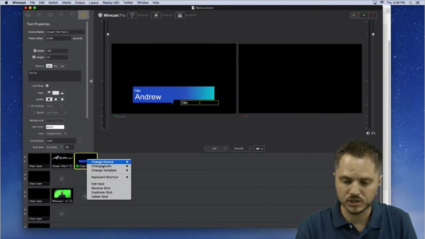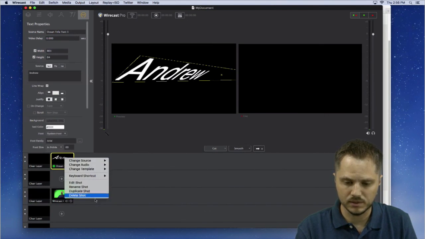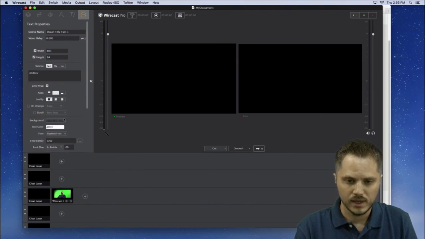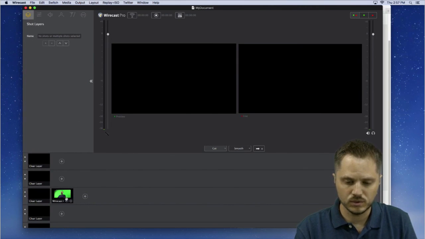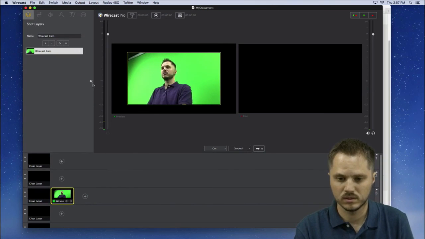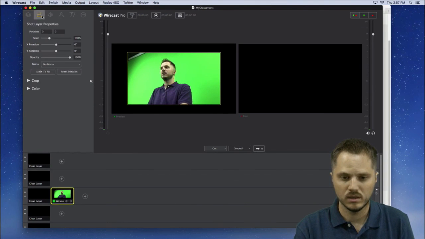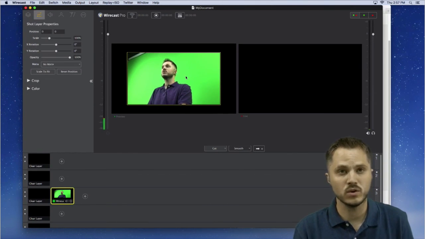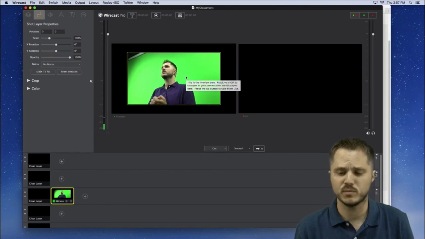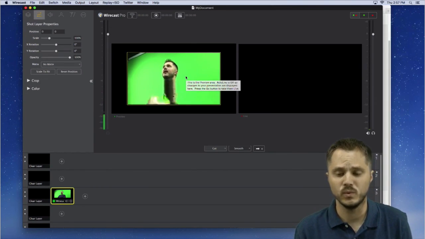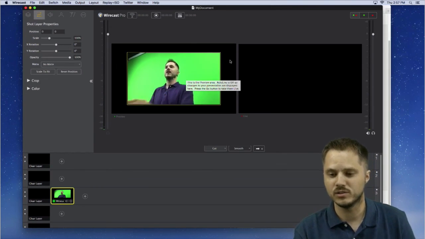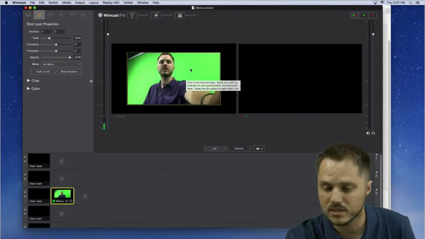Let's delete these other shots because I actually don't need them either. And we're going to go back to our... I'm going to actually... so this is cool. I'm not sure if I mentioned this on a previous broadcast or not, but I really like this feature. This is my Wirecast cam shot. It's on my little iPhone here on my desk.